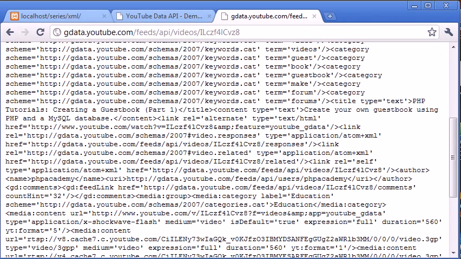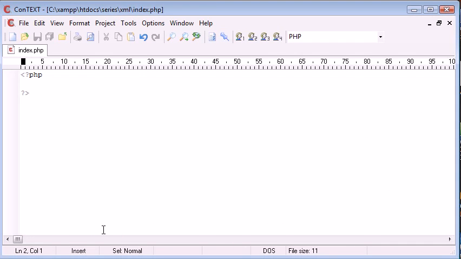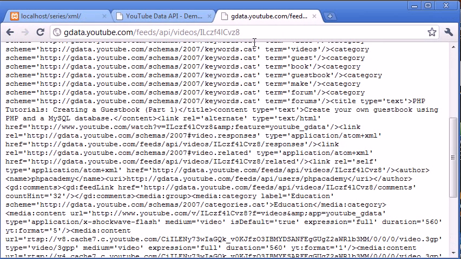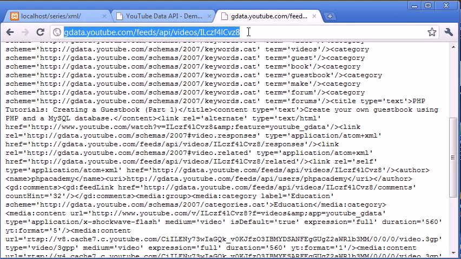So let's go ahead and open up our text editor. Okay, so the first thing we need to do is set a variable which is going to hold the data about this. So I'm going to say video is equal to, and remember we'll be using this simplexml_load_file function, and in here we don't need to use a local file, we can use external files as well. So if we come into here and copy and paste this generated XML file,